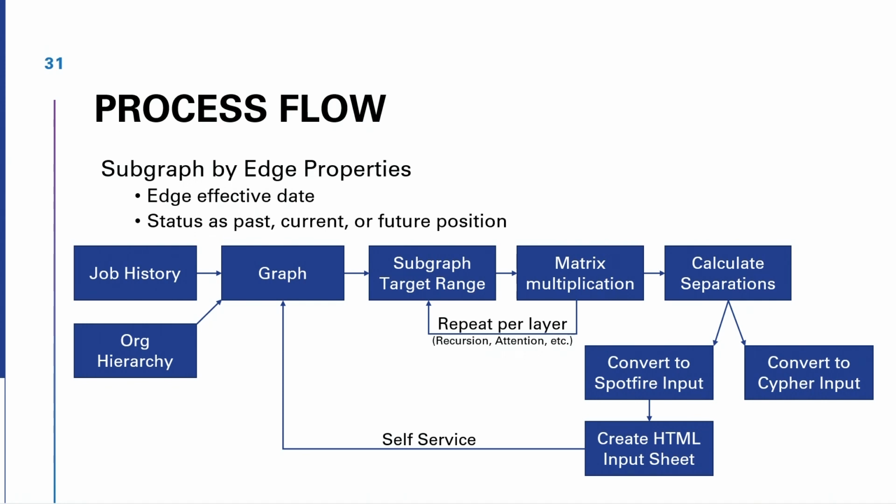That worked out better just for what we were trying to answer. And once we had that all done, we created two different outputs. That one would go into a cipher, into the graph database, so that the analyst could use Neo4j and look into it in a little bit more detail and have free-form analytics. We also have our BI tool at our company, which is Spotfire, and so we made sure that we could upload into that as well. And that also generated an HTML input that we could loop back into the process. So we had a self-service loop as a part of this.